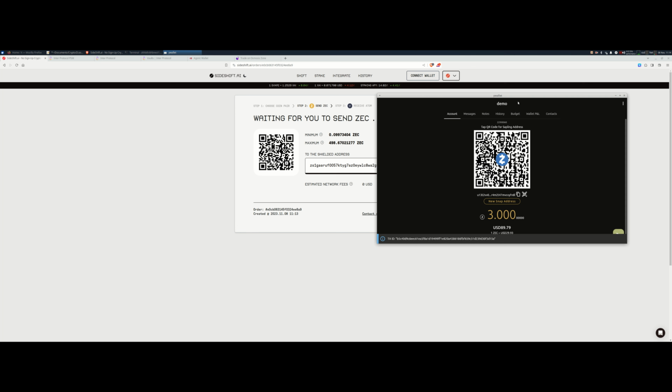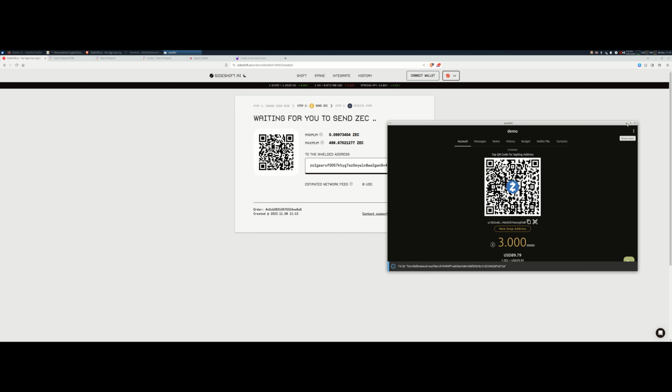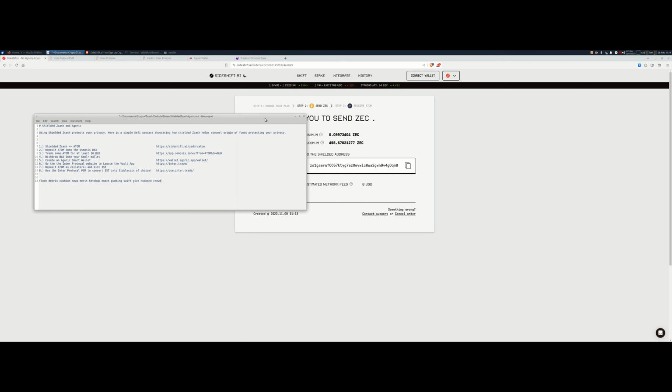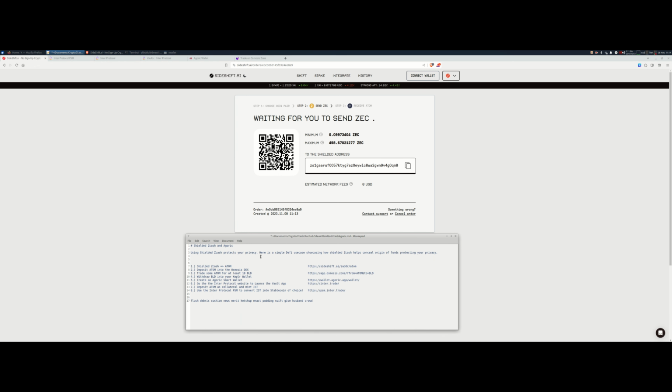Transaction sent. While this is confirming, we will wait for this to convert. And let's go to our to-do list. So what we just did was we used Shielded Zcash from the Orchard pool, sent it into the sapling pool, which is what SideShift uses. And now, while that's waiting, we're going to talk about where we need to go once we get this Atom